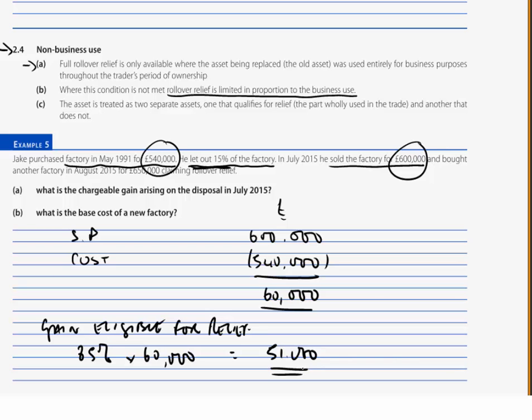The next issue then is, well, what about rollover? Can you actually roll over all of the 51 that is eligible for rollover? So now we've got to look at the amount of the proceeds being reinvested. Now here we look at the business component. So what is the business proportion of the sale proceeds? We sold for 600,000, so times 85%, that was the business element, and it is that would have to be reinvested. Now, as we can see from the information in the question here, we bought another factory for